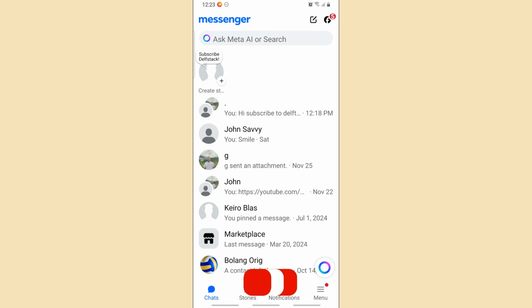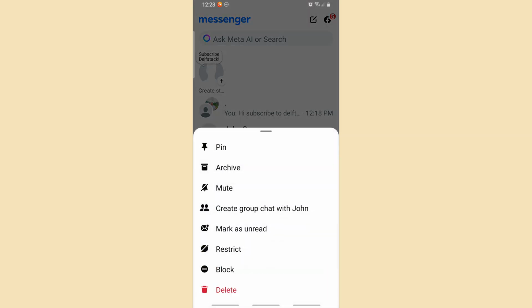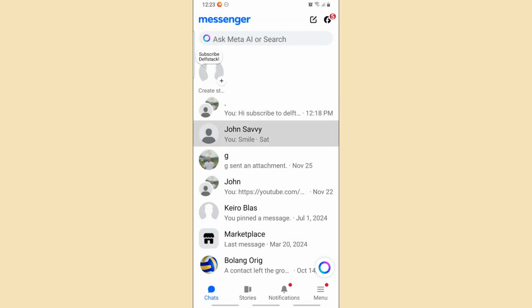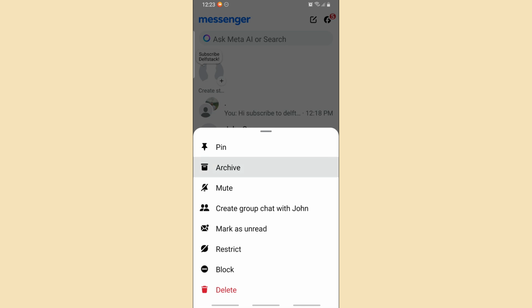First, go to the person that is spamming you. I'm going to select this person, John Savvy. The first option that we have is Restrict. Here on Restrict, as you can see, we should be able to see less from this person, and this will move the chat out of our sight and hide any activity from this person. Pretty much this is the best way to mark spam on Messenger, so tap on Restrict this person down below. Or what you could try to do is simply archive them,